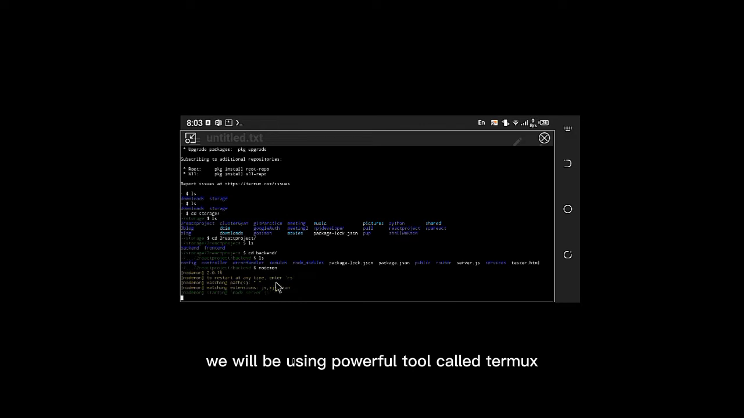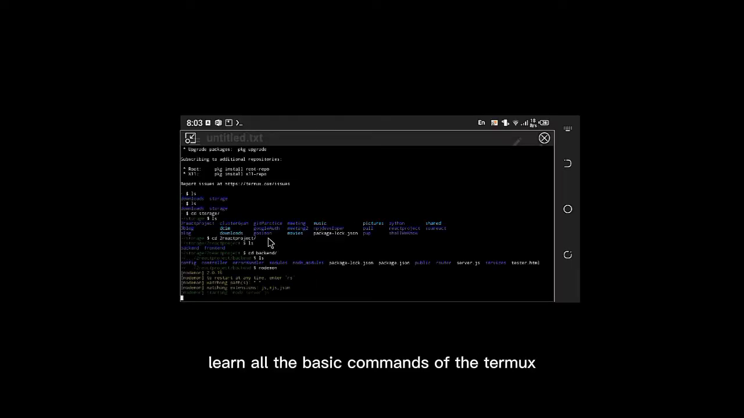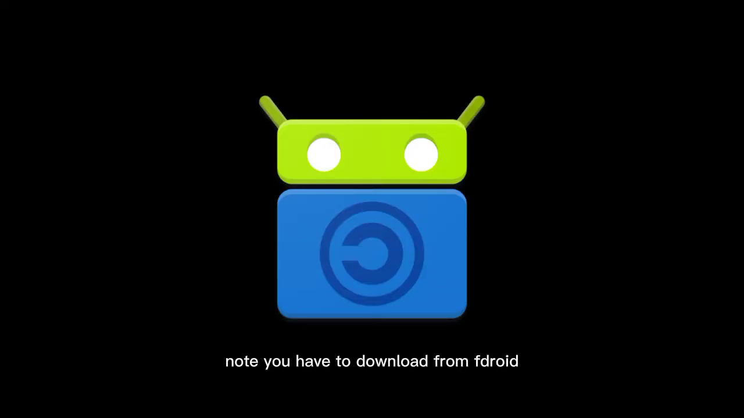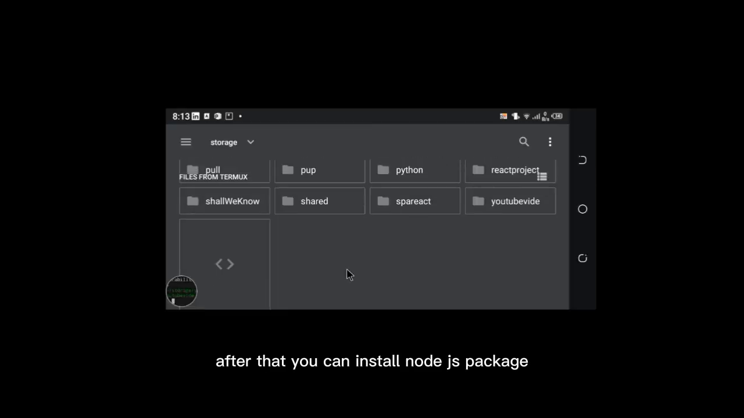We will be using a powerful tool called Termux. Learn all the basic commands of Termux so that it will help you further in backend. Note, you have to download it from F-Droid, not from the Play Store, because the Termux from the Play Store has some restrictions which will give you errors in the installation process. Make sure you have downloaded Termux from the correct source. After that, you can install the Node.js package on Termux,